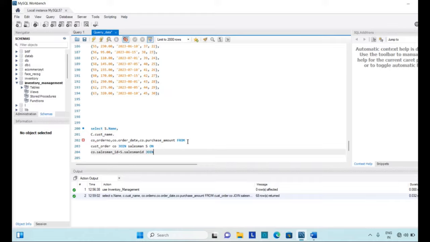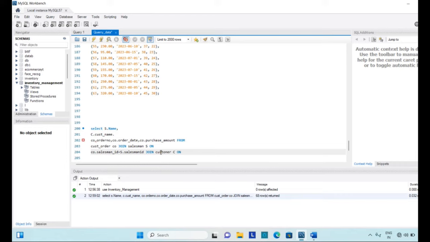Join. We have to establish another join between the customer order table and the customer table. So in order to do this, we will simply write customer C on.